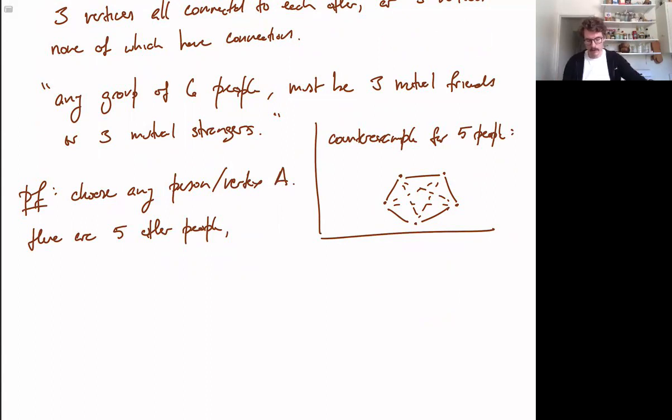So by the general pigeonhole principle, five over 2, so there are 2 options, right? They are friends or they are strangers. Those are the 2 pigeonholes, and the 5 people are the 5 pigeons. And this ceiling is equal to 3, because 5 over 2 is 2.5. So there's 5 other people, and by the generalized pigeonhole principle,